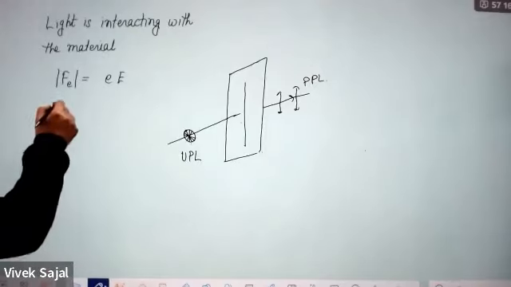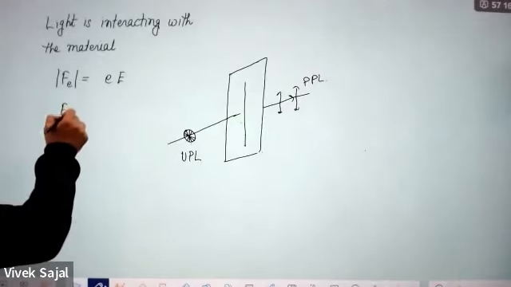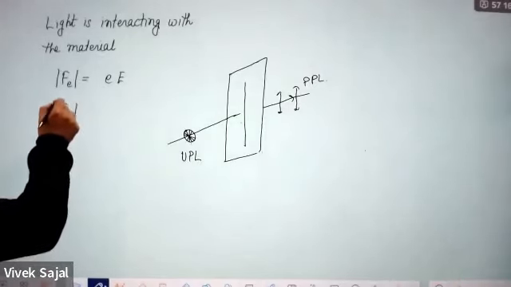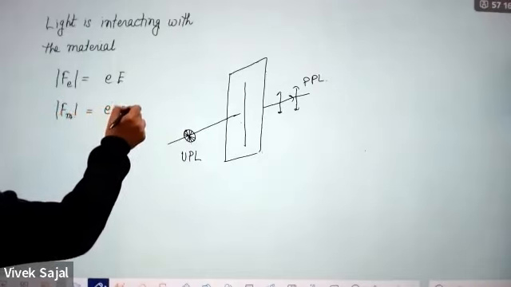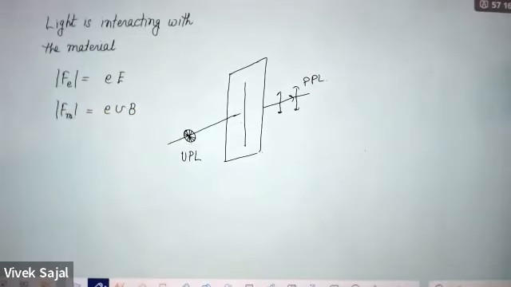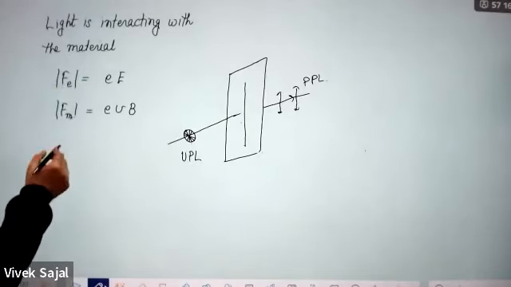How much magnetic force is going to act on it? That will be qv cross B, so this will be evB. Now if you divide these two,